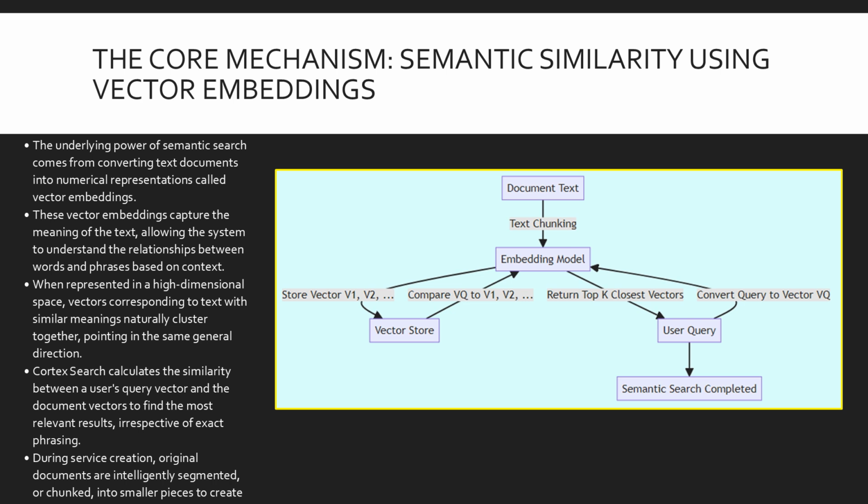Cortex Search harnesses this mathematical property by swiftly and accurately calculating the geometrical distance, typically referred to as vector cosine similarity, between the processed numerical vector of the user's input query and the stored numerical vectors of all indexed documents, thereby retrieving the most contextually relevant results efficiently, regardless of whether the exact keywords were used originally in the indexed